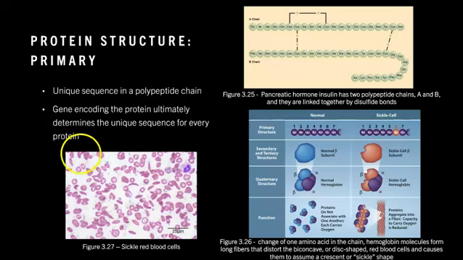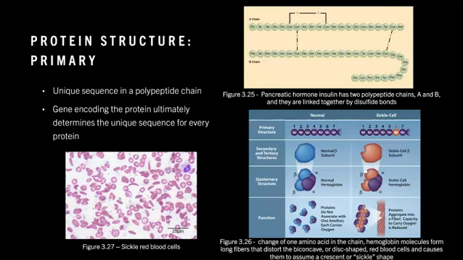Now, when we take a look at our hemoglobin, the example that your book gives over here, we see that there is a change in just one of those amino acids, and that change results in what we know as sickle cell anemia, which is an inherited disorder. And we've got 4 different hemoglobin molecules, so essentially 4 different proteins that have to come together in order to make hemoglobin. And so we replace our glutamic acid with valine, which forms long fibers that then distort